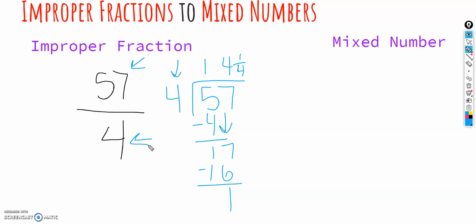Okay, notice that the 14, this is what I was saying earlier, sorry about that again. The 14 has to be very large for the whole number. And then I have 1/4. You want to make it very clear where the whole number is and where the fraction